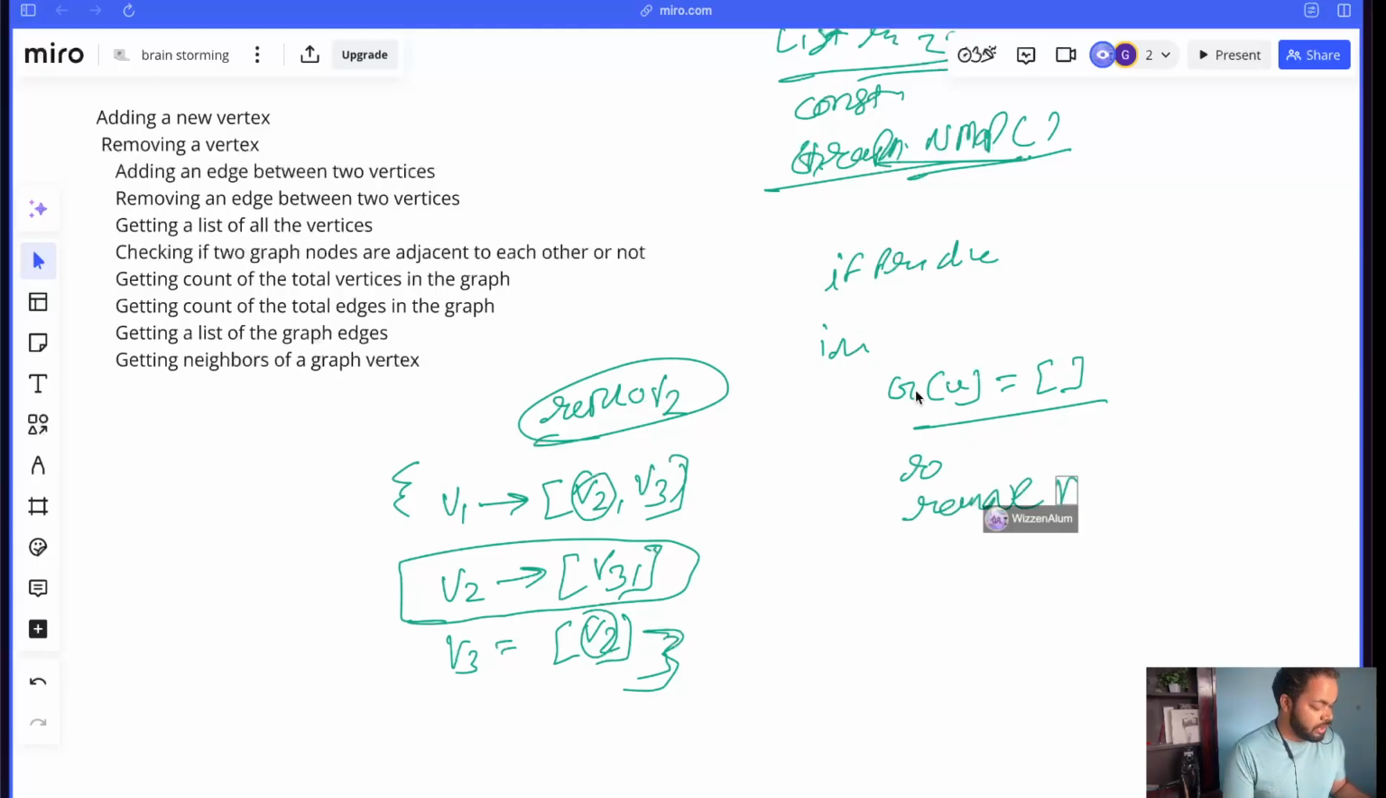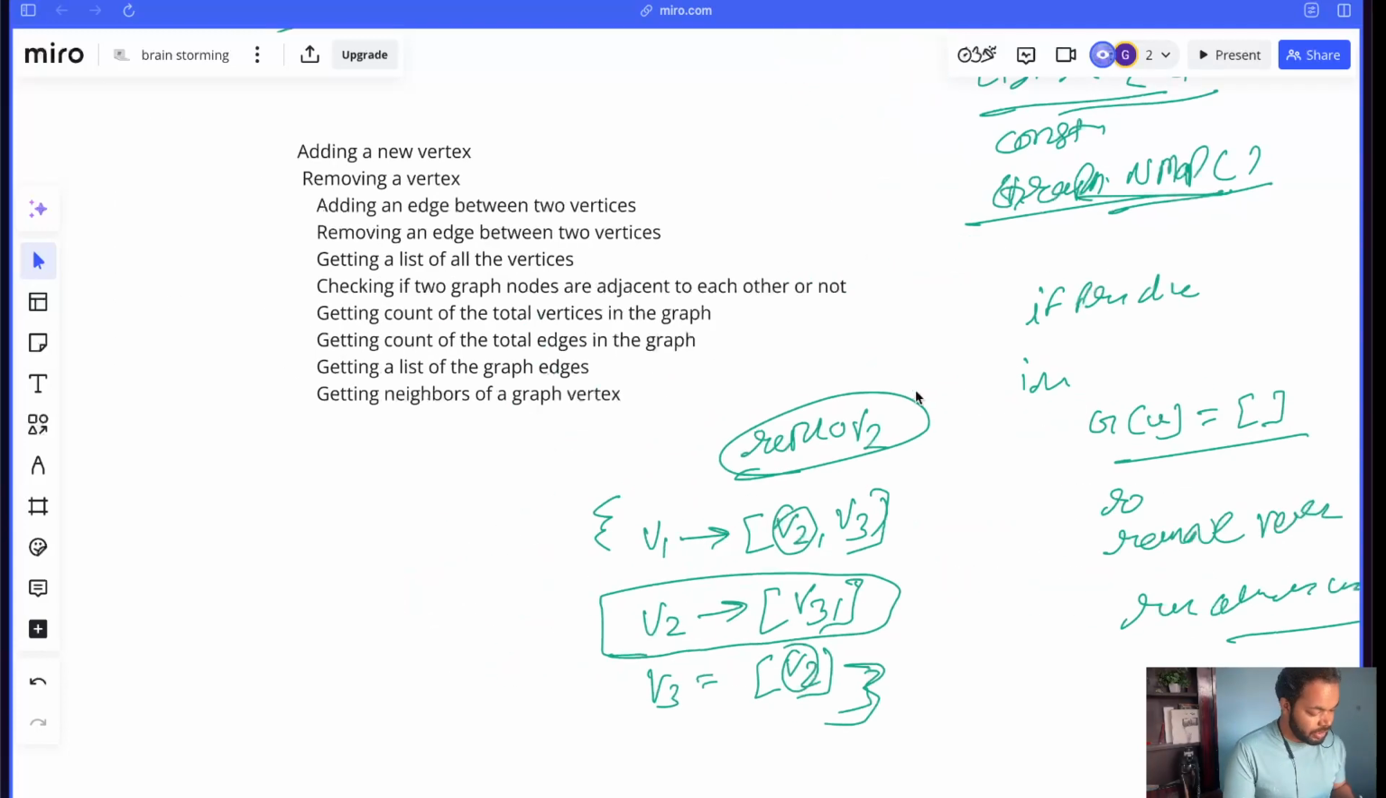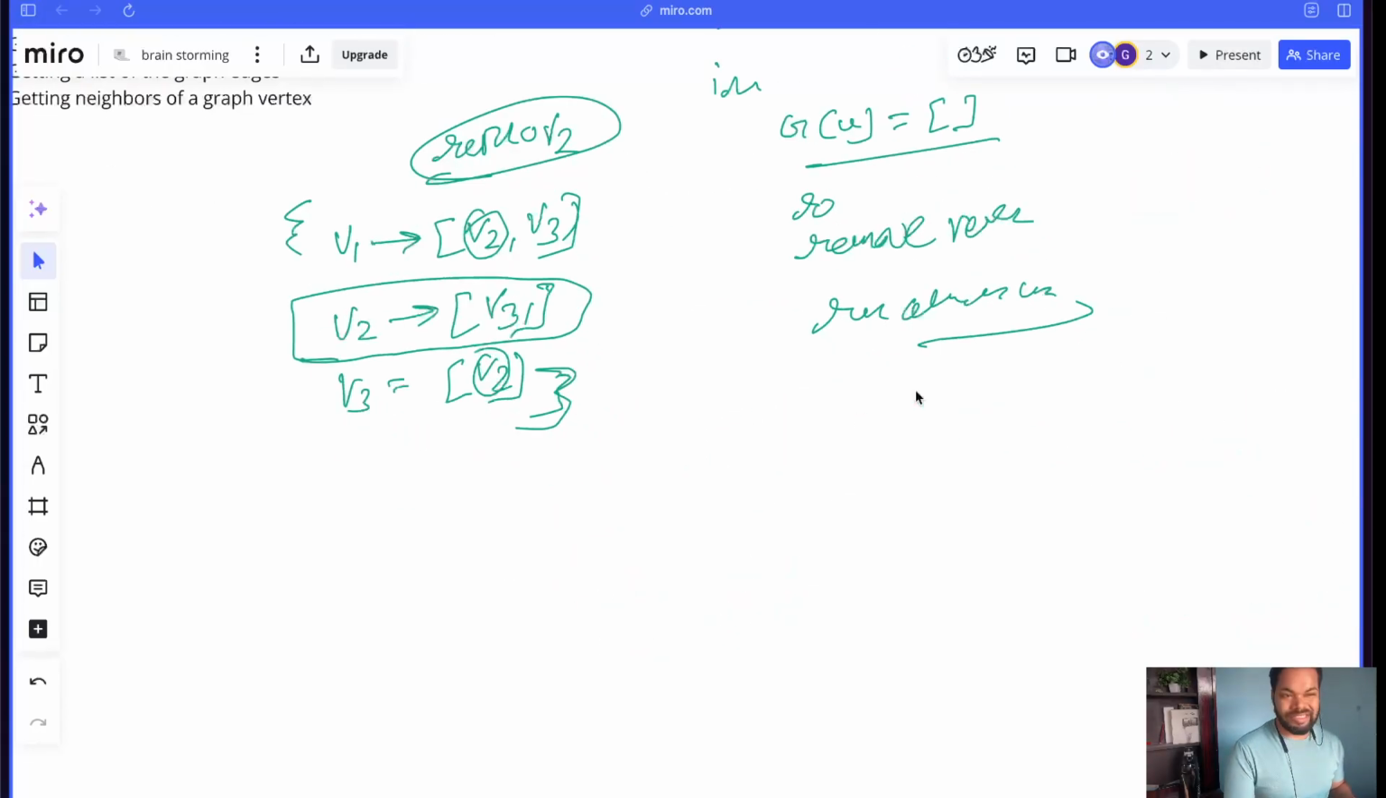Remove vertex and remove all relations with others. That will do. And then adding an edge between two vertices. Okay, it's pretty simple. If it is saying add an edge between v1 and v4, first of all we will check if